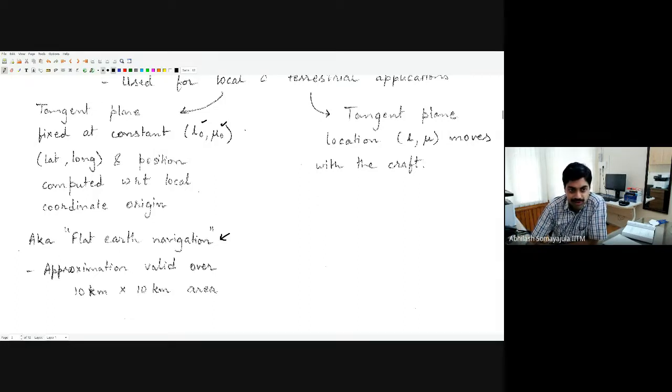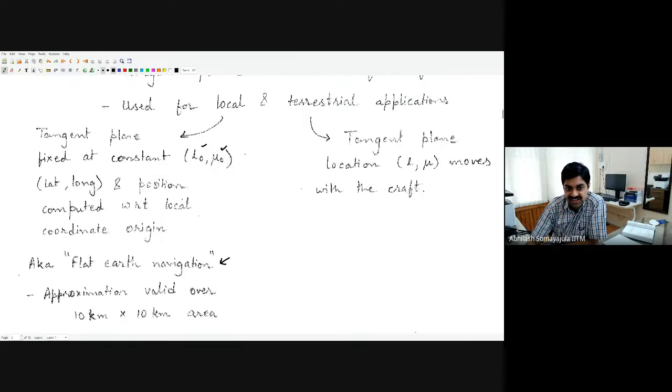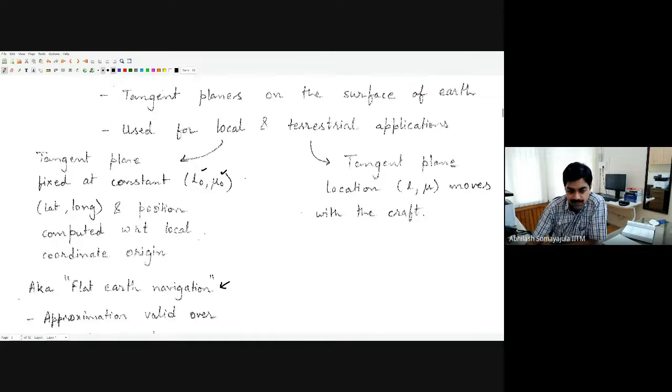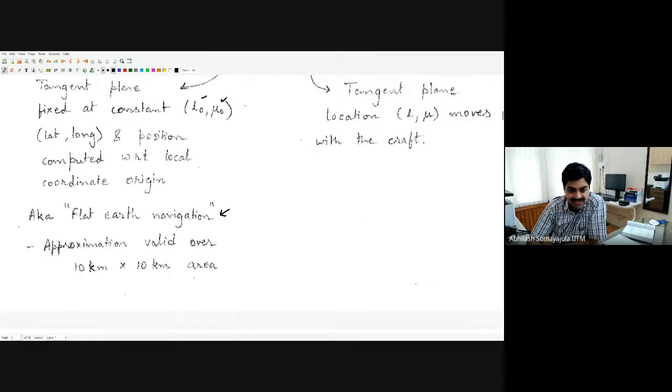This approximation, where I compute a tangent plane at a fixed latitude and longitude, is valid within about plus or minus 10 kilometers around this latitude and longitude. So if I have an area of 10 kilometers by 10 kilometers, and I'm somewhere here, then this point is L0, mu 0, and as long as I'm inside this range,